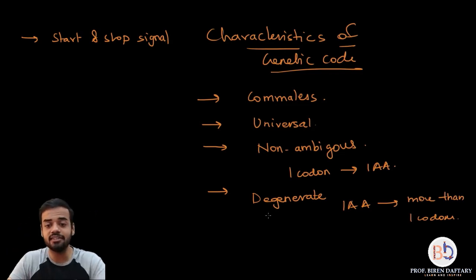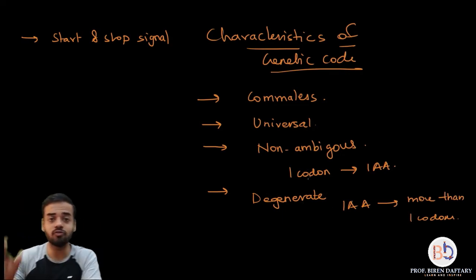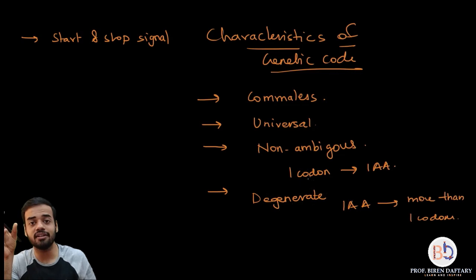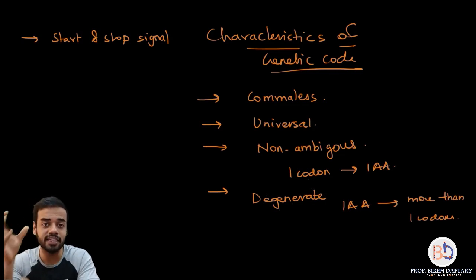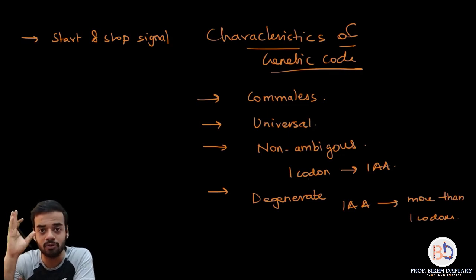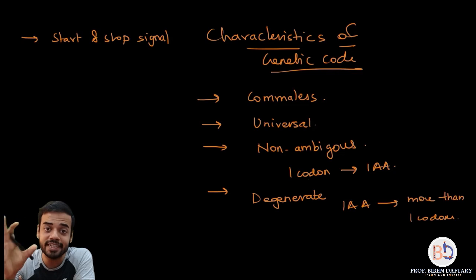In the degeneracy of the genetic code, they have explained the wobble hypothesis. So what is the wobble hypothesis? See, there are 64 codons and there are 20 amino acids. So how many tRNAs will be present? Because one tRNA can carry only one amino acid, there are only 20 tRNAs. So how will the tRNA bind to the mRNA if there are only 20? Some of them can bind to 4 different codons.